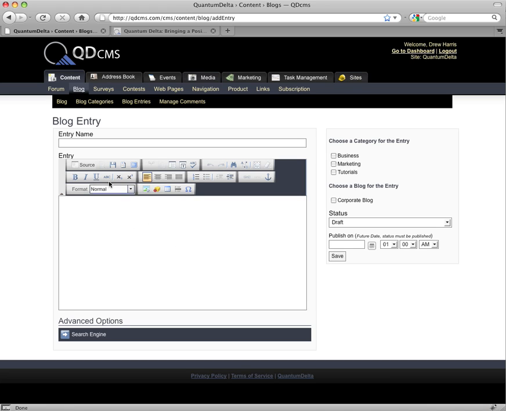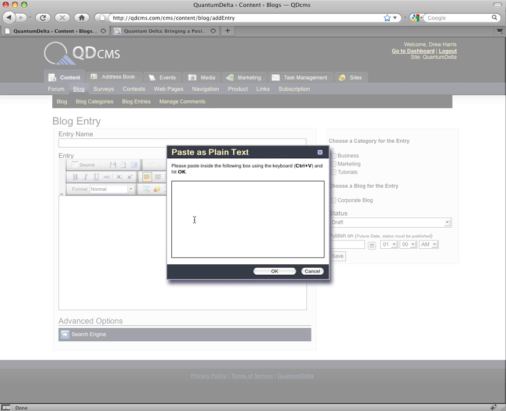So to create a blog entry, we create an entry name, the entry itself, and we have our WYSIWYG, which allows us to insert HTML, list, format our text, insert pictures, and other types of things that might be useful in a blog entry, just as we can in other parts of content. Now remember, if you're pasting content from Word, be sure to use the Paste as Plain Text option here on